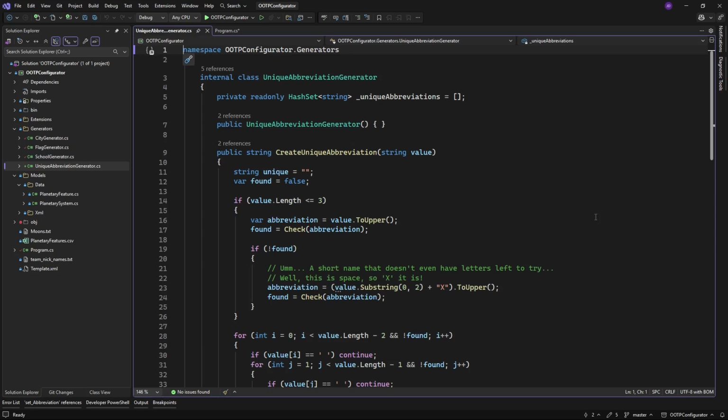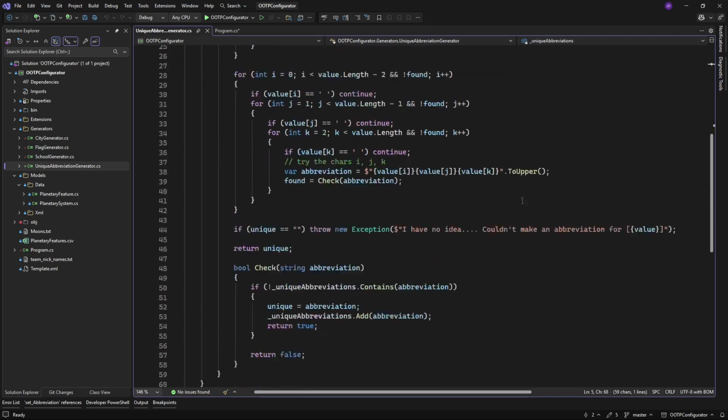So this doesn't care what value you pass into it. It just says, if you need a unique abbreviation generator, here it is. It takes care of its own hash set of unique abbreviations, but it's not a static class, so I can make different instances of it.